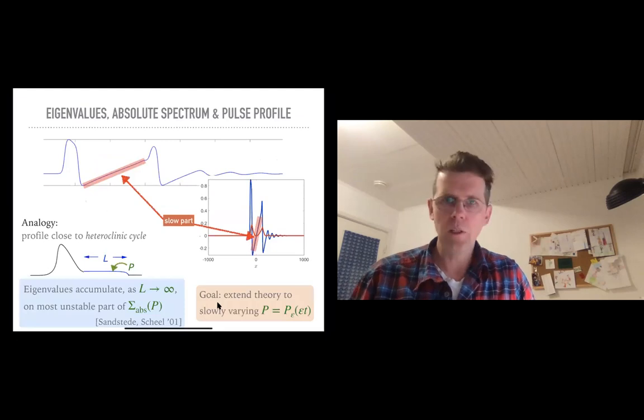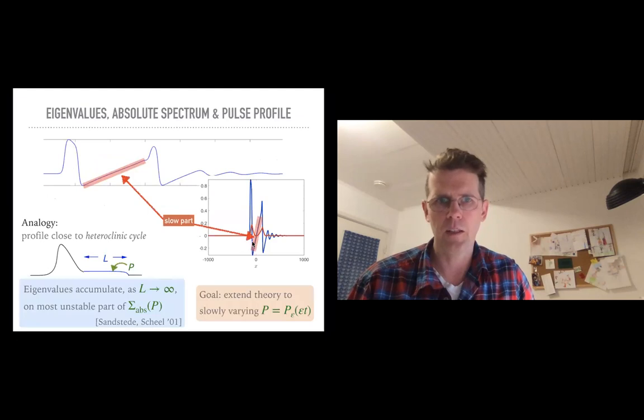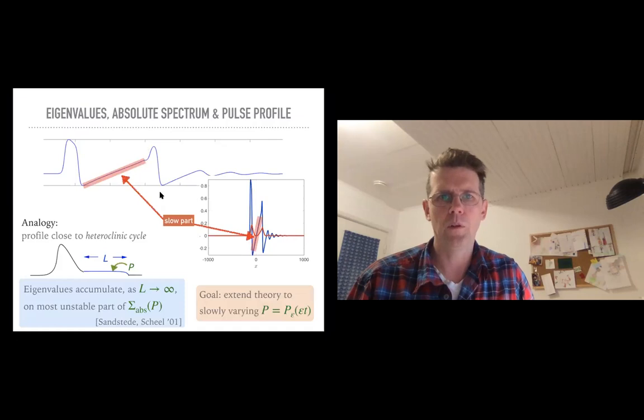Okay, in order to link this, we have to make one leap of thought, first of all, and make the following analogy. So here I plot the profile of this pulse again, zoomed out a little bit, where this here is the fast transition, then there's a slow part, there's a fast transition again, that is depicted in here. And then there's in particular this very long slow part. This is going to be the decisive slow part of this profile before there's a transition back somehow to the background state.